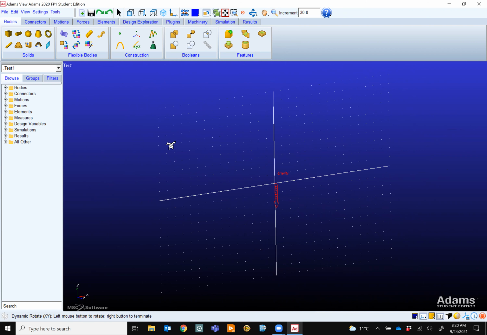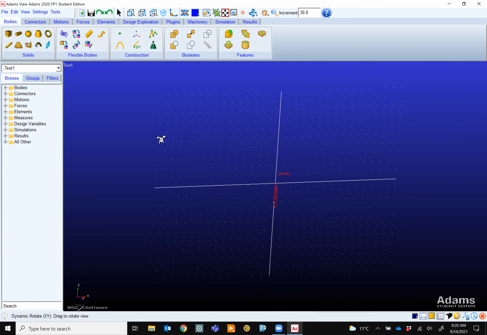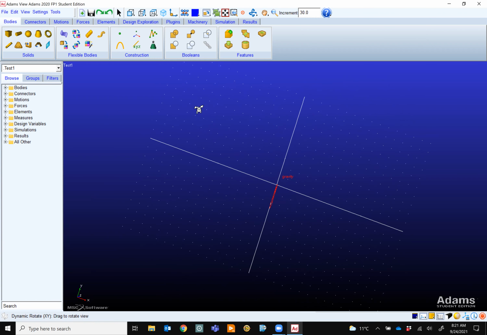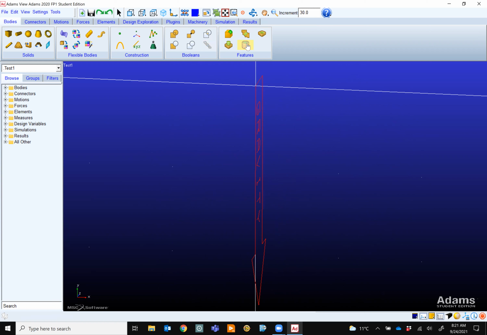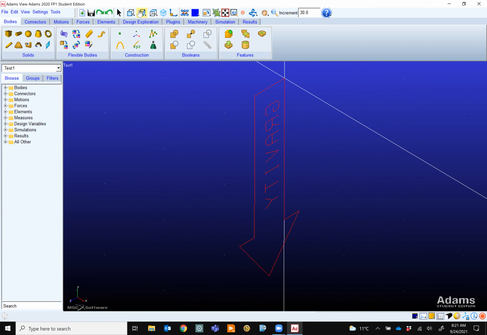By the way, this software works better if you have a mouse. Otherwise, with your hands, the software doesn't work well. Right? So you need to hold the right key. And this is, of course, obvious. It's returning everything to the main view. You can have a top view, side view, bottom view, isometric view. All right.